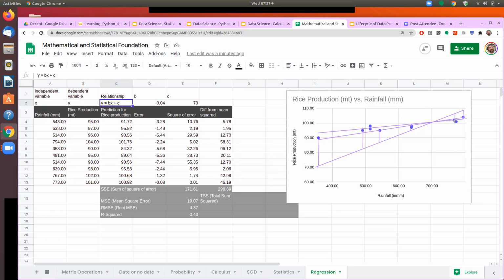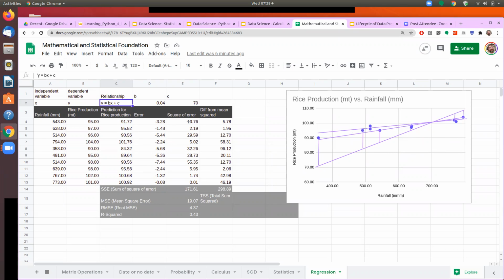So these lines that we are drawing are actually the errors. That is what you are seeing in the PPT. That line was moving. So these were the different lines that are being drawn, and based on that you are finding out the difference or the error between your prediction and the actual number. That is what is being shown in this column. So we take the error, and then to ensure that the errors don't cancel out each other, we take the square of that, and that becomes the square of the error.